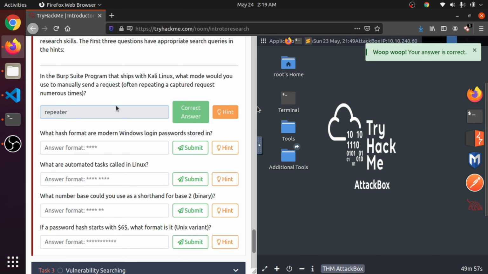Burp Suite is a tool which we use to intercept requests of websites. Like if you are sending a request, we will see in future machines or future videos how this works and what Burp Suite is. So from the question we can find "often repeating a captured request numerous times".